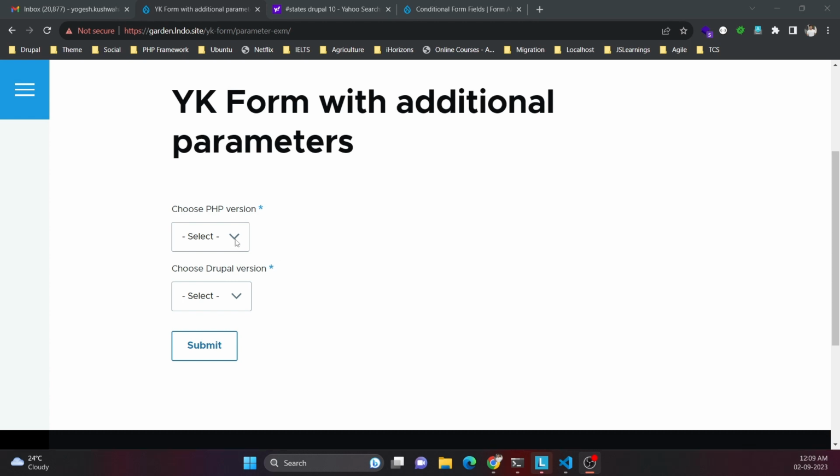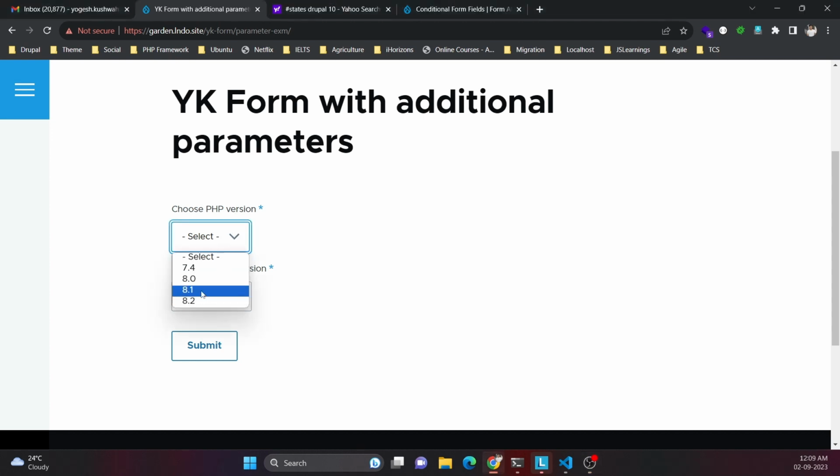So let's begin. Right now I have two fields here. One field is choose PHP version, and it has options 7.4, 8.0, 8.1, 8.2, and another select field has Drupal version 7, 8, 9, and 10. So now I want to make it like, if I select any value in PHP version, then only show this Drupal version field, otherwise hide this field